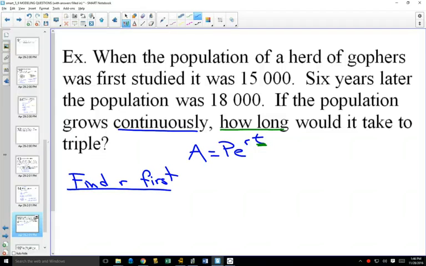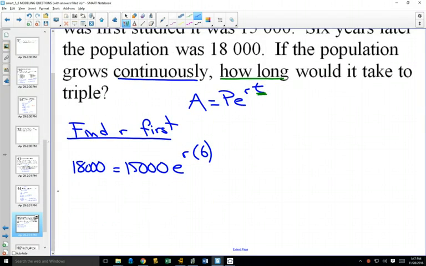So the question is, do we have enough information to put things into that formula so the only thing we don't know is r? Because we've got 6 years, we've got an initial amount of 15,000. It becomes 18,000 in 6 years. So this question has 2 steps because we first have to find r. Once we've found r, we're going to be able to use that to find t. Now again, I'm going to divide both sides by 15,000. Are you okay if I just write 18 over 15 because all the zeros would go away?